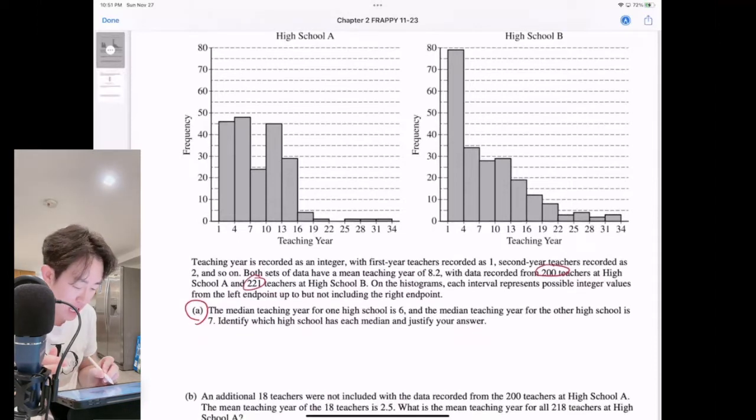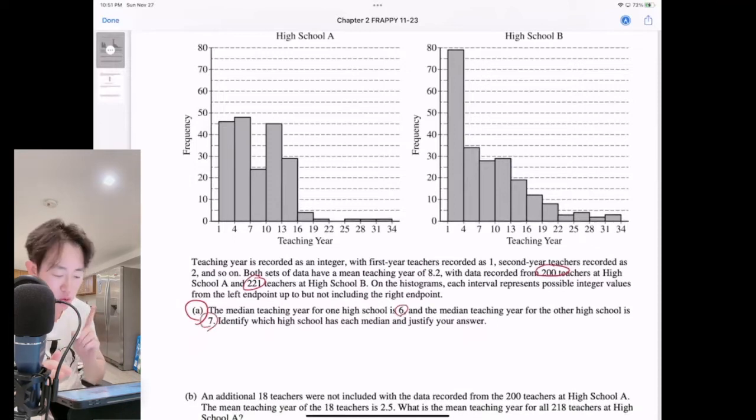It says that the median for one of these schools is 6. The median for the other school is 7. So what will be the best way to approximate this is the question. Now, if you take a look at these values here, it's very hard to determine it, but I would guess that that's 46 and like 48-ish or so. And so if we're looking at